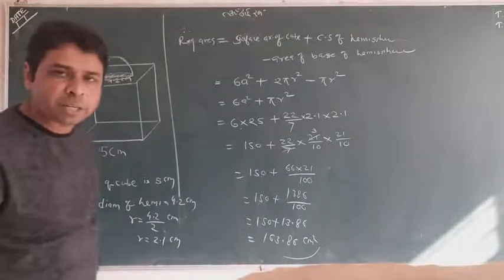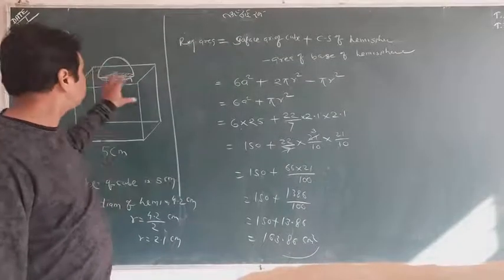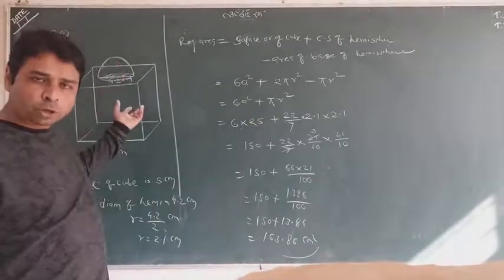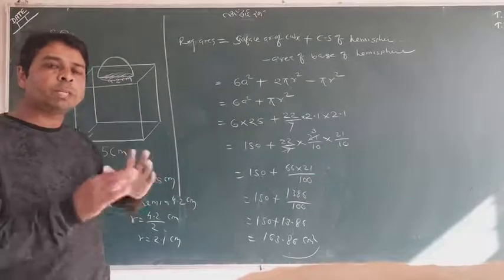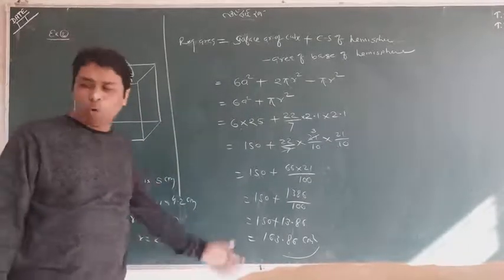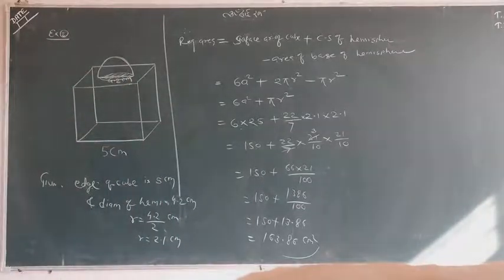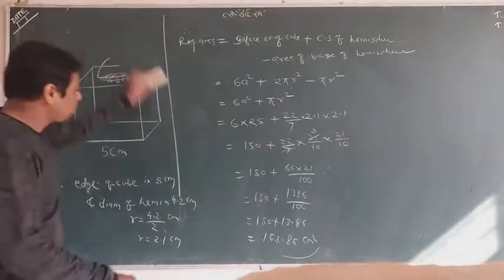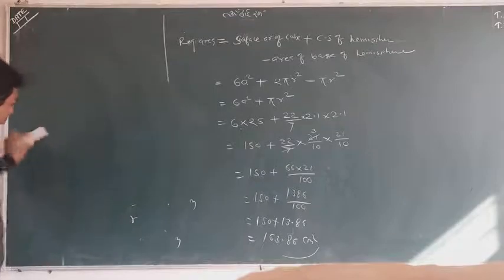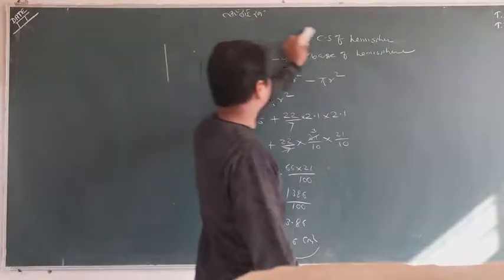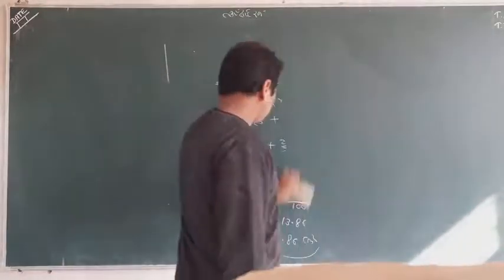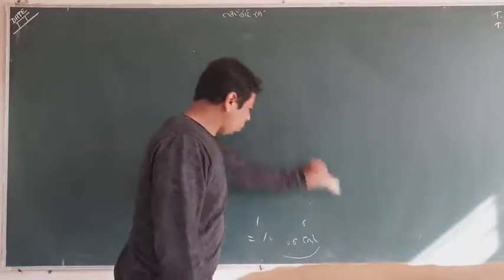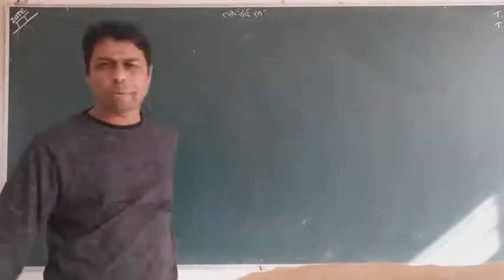163.86 square centimeter is the area of the total block, and you can understand what is the meaning of surface area. So I hope you are getting that properly. I think it was tough, but the important thing has been explained to you. You can see the examples, and you can also work them from the book, no matter at all. I have already given you the idea.